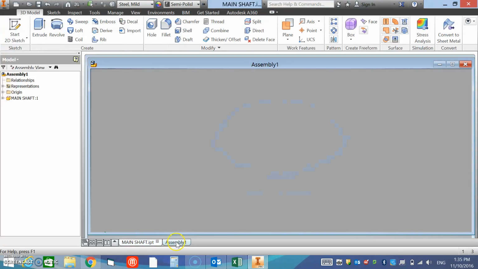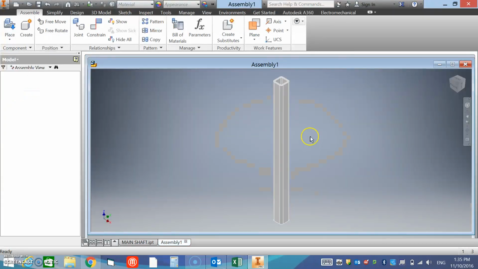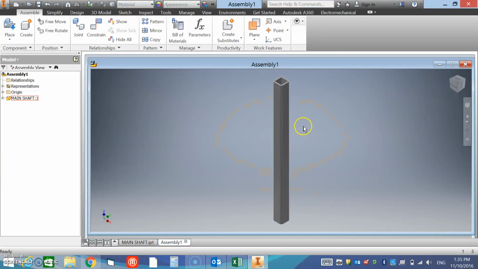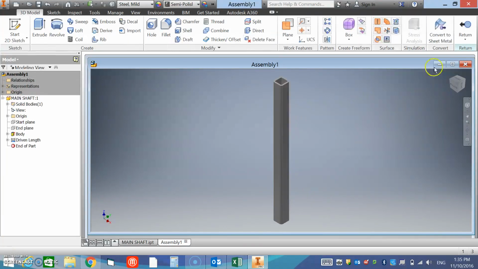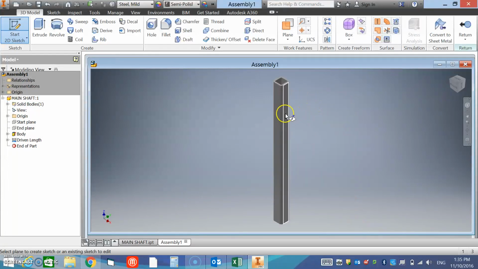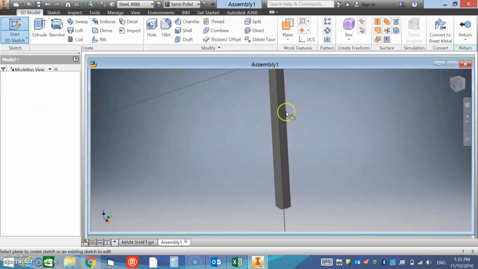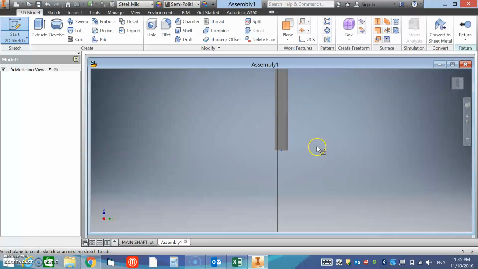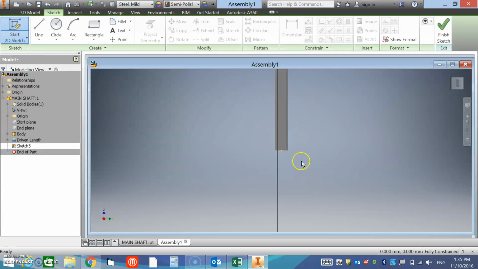And so in order to do that in an assembly, what we need to do is double click, see how it ghosts out, double click on that part, and you'll notice that you're actually working in that part because you've got a return up on the top right. So what we need to do is create a new sketch. So we right click the mouse and select new sketch from the menu, and we select the surface that we want the sketch on. So that's left click on that surface,